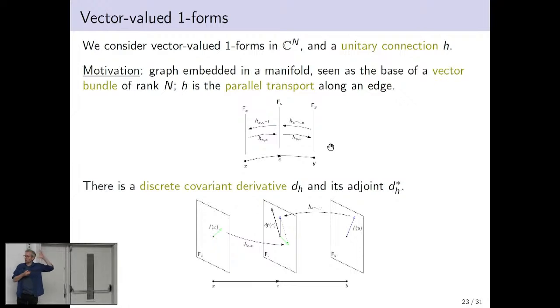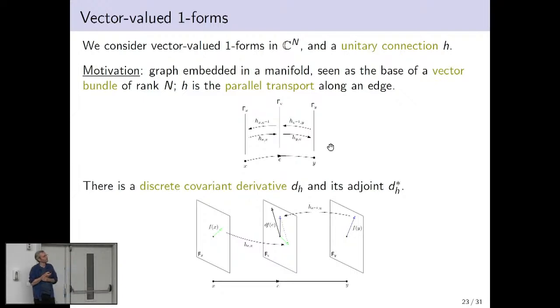So, okay, that was the geometrical motivation why we would be interested in this. But then very concretely, it means imagine over your graph, you just think that you have a copy of C^n. And now you define, with appropriate indices, h_{e,x} corresponds to going from x to the middle of the edge e, etc. Just unitary matrices, n by n unitary matrices, which you think about as just connecting your vertices and your midpoints